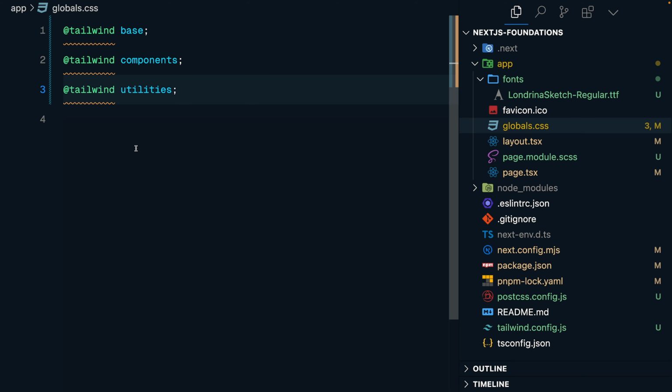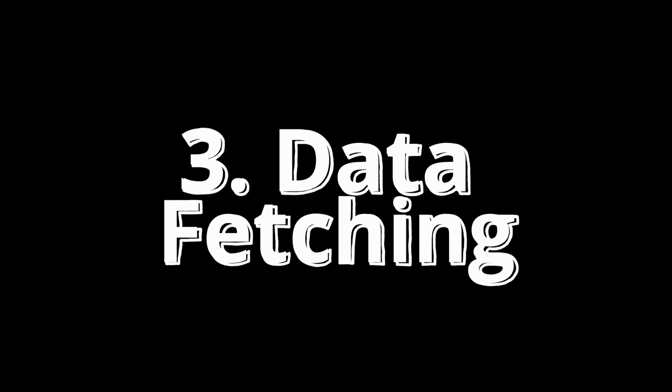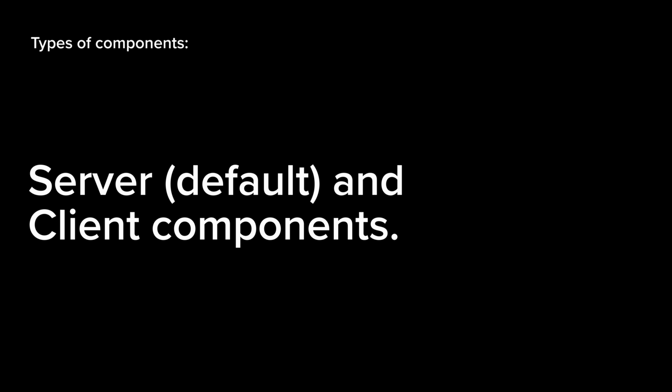So at this point, we now know how to style your Next.js applications and how to efficiently load custom fonts. Let's talk about data fetching now. In Next.js, we have two kinds of component, server component and client component. Server components are the default components in Next.js. And depending upon your use case, you can use a combination of both of these server and client components to